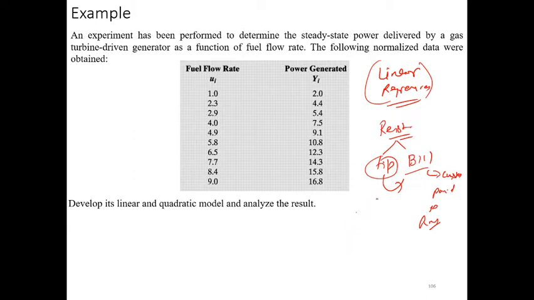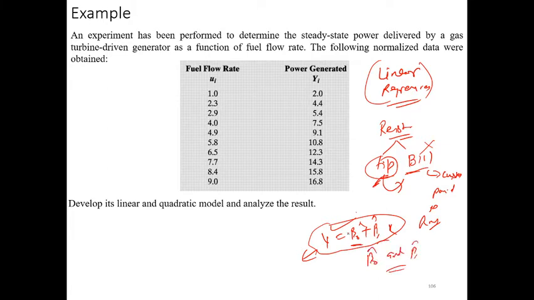In the first case, only the tip is provided, however the bill is not provided. In the second case, both the tip variable and the bill variable, that is the dependent and independent variable, are available, and based on that we tried to find out the model. Further, we discussed how the equation y cap equals beta naught cap plus beta 1 cap x is developed, in which the parameters beta naught cap and beta 1 cap are calculated. So we have already discussed these things in linear regression.